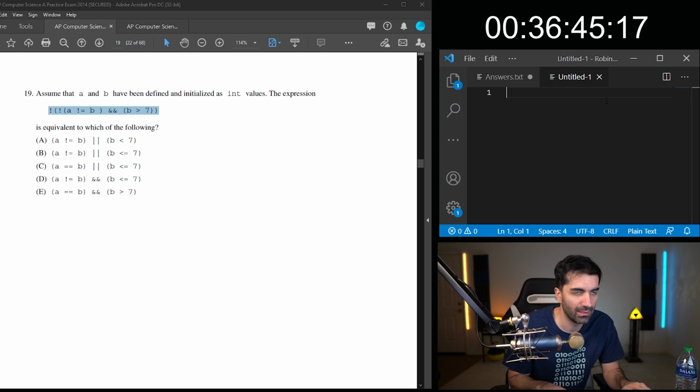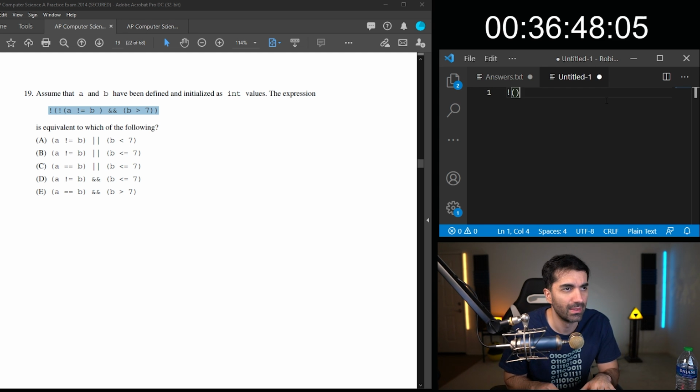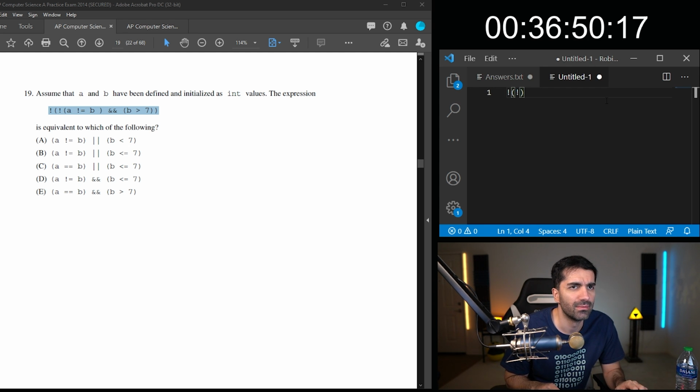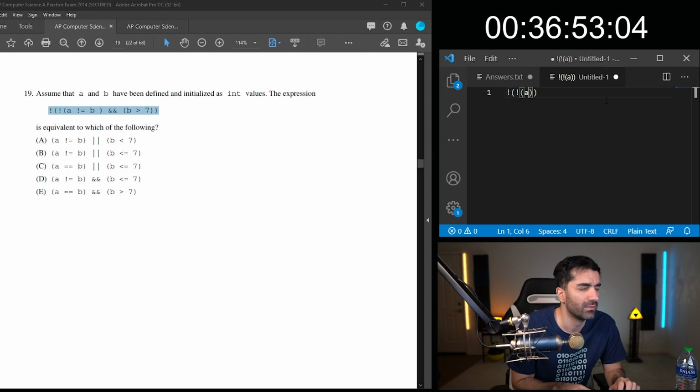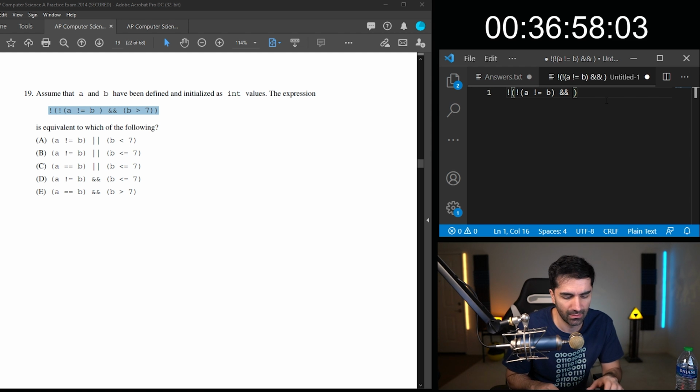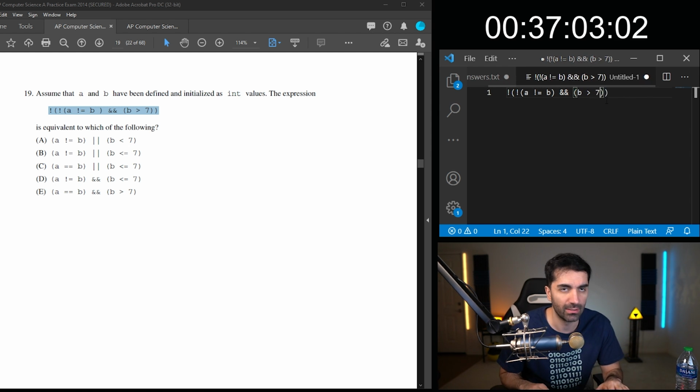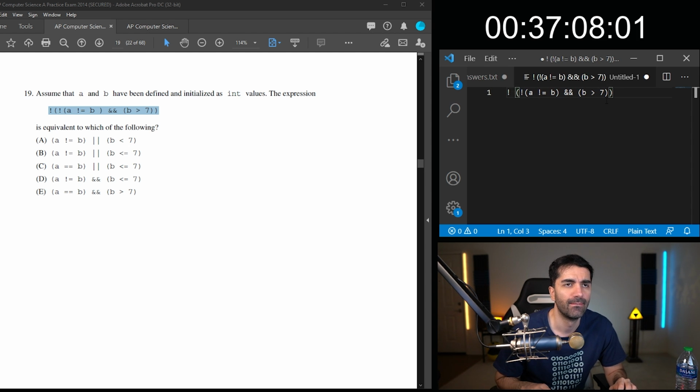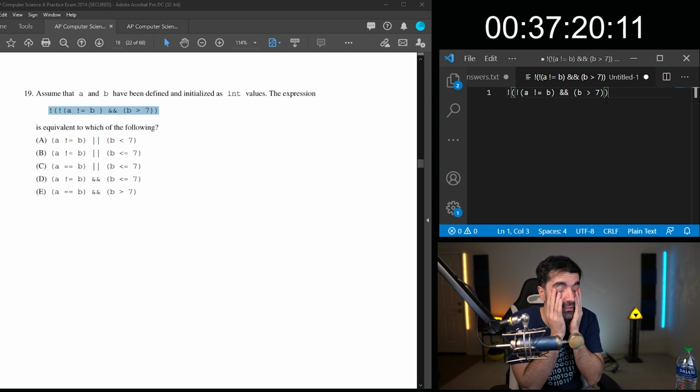So, all right, let me just. So we have A does not equal B, and B is greater than 7. I don't think it matters. So if we want to not, gosh, I haven't done this in like 5 years.